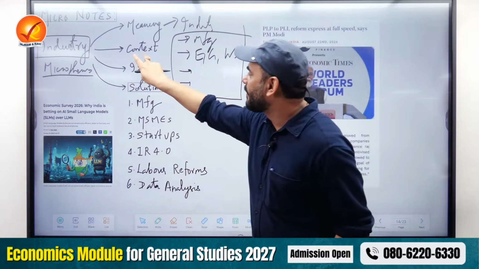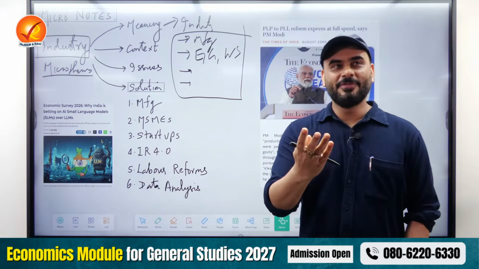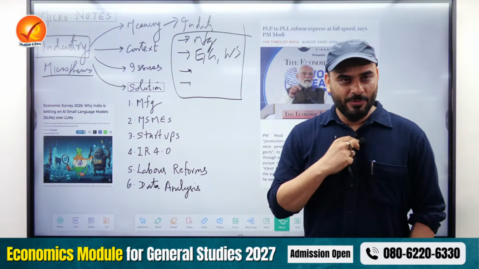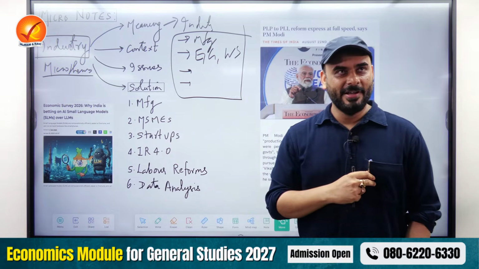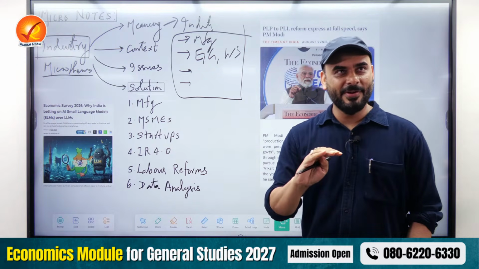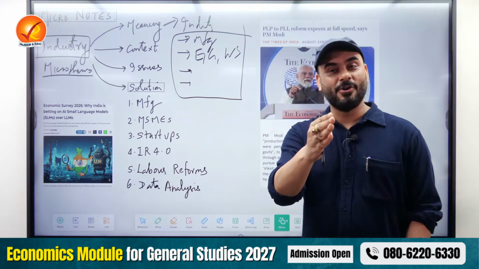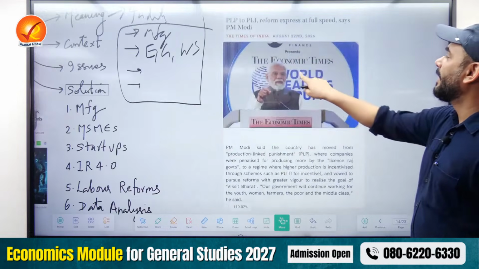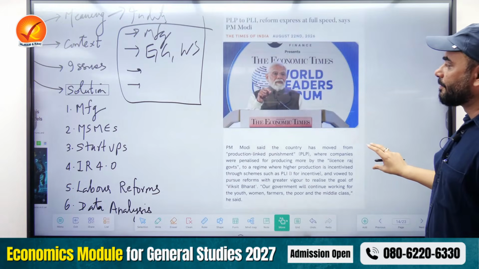Now there is the word called context. What is the meaning of context? Context means background. So I'm quickly going to show you what is the background of industries in India, and this is going to blow your mind because you will see the relevance of that context in today's news. See what the Prime Minister has said. When? August 22nd. The Prime Minister has made a statement.